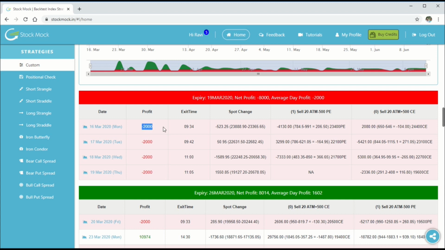At the same time, Stockmark would provide the candle's high data in case of a short position or candle's low data in case of a long position in this particular column.